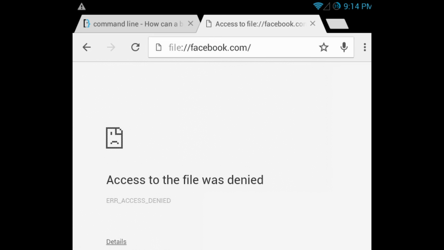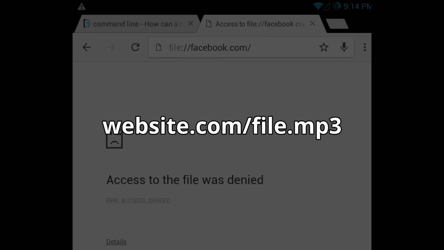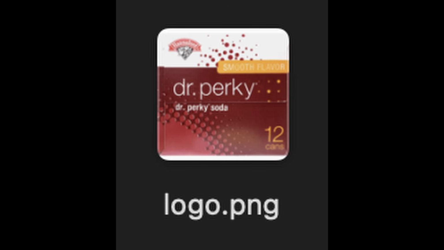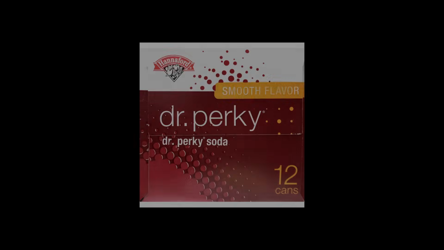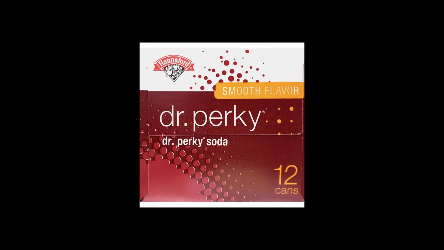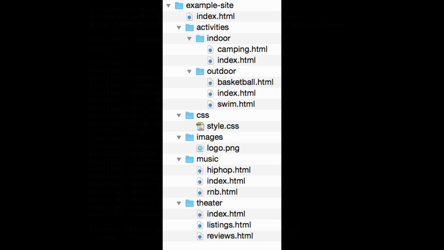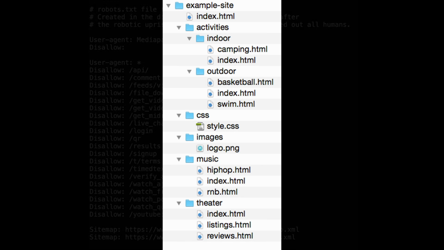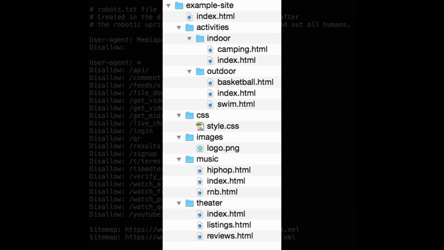And some websites allow you to access specific files within them by simply typing the file name after the URL. So for example, if a website creates a public file within itself and calls it logo.png, then looking up website.com/logo.png would basically send you that specific file if it exists. So in theory, a website could store a file with certain information about itself in order to help with organization. This is where we get to the robots.txt file.